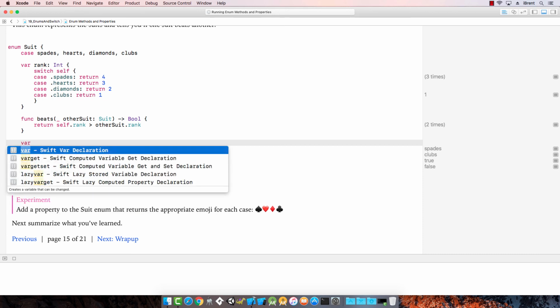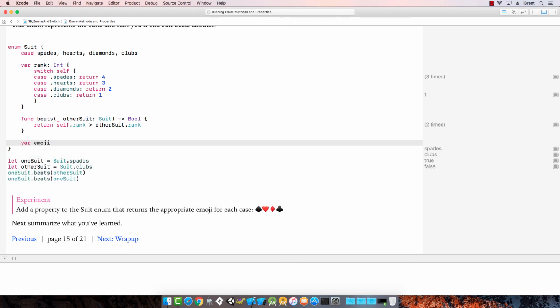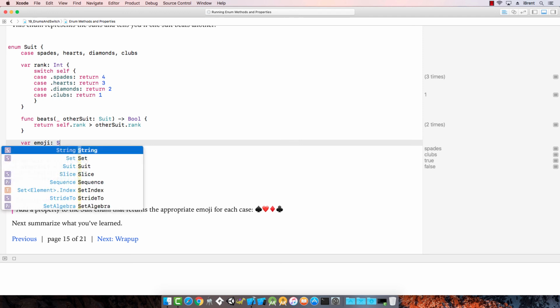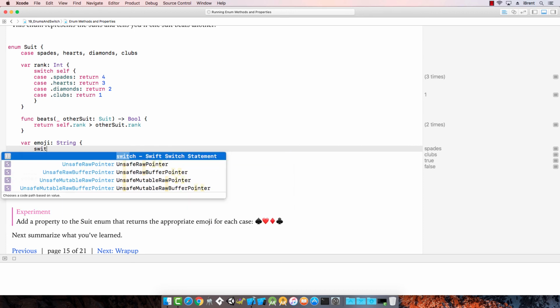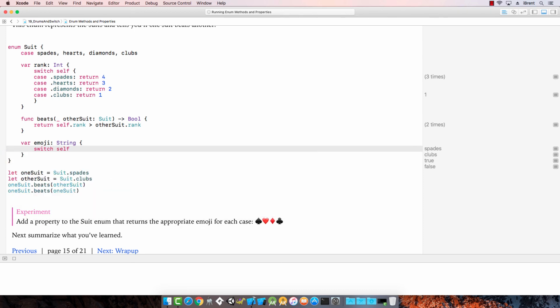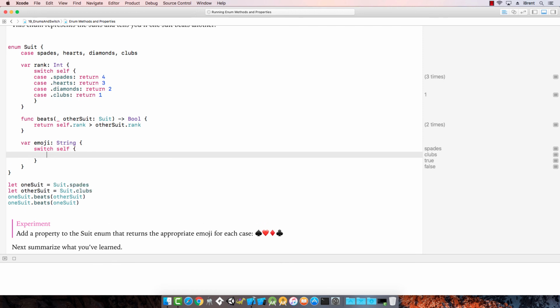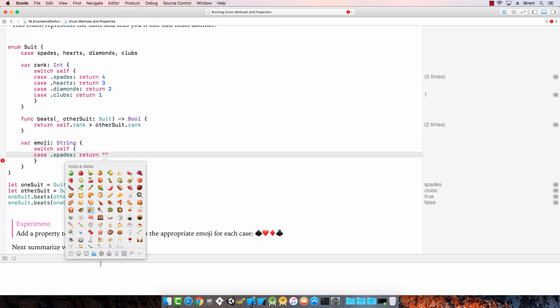We said var emoji, which is of type String, and we're going to say switch self, which is a suit, and the case is going to be case .spades, and then return, and this is a string, so press Control Command space, and